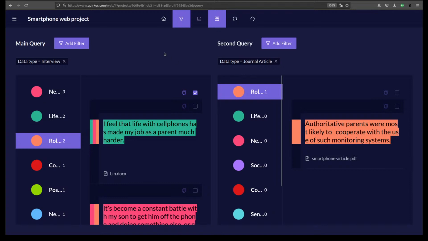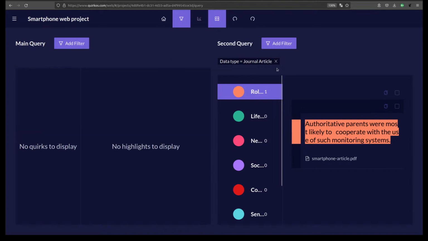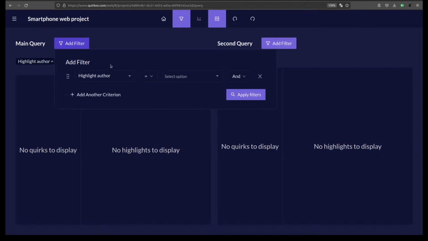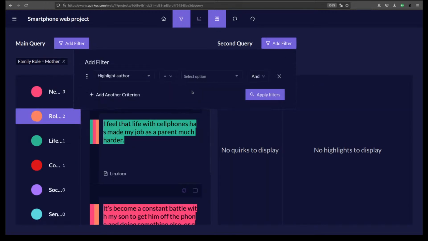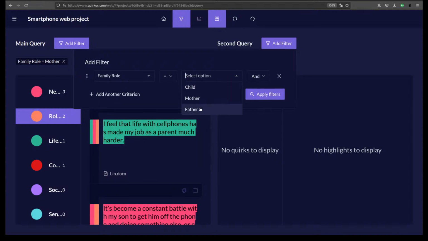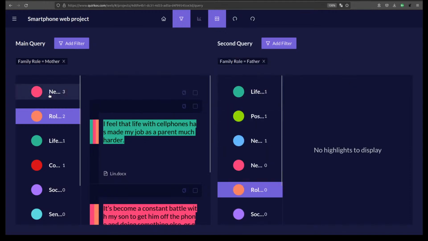Now, one of the other things that we might want to do here is, if we remove these filters, that's how we can compare between the literature and our own data. But we might also want to compare between different types of people in the project. So maybe we're interested to see what the mother says compared to